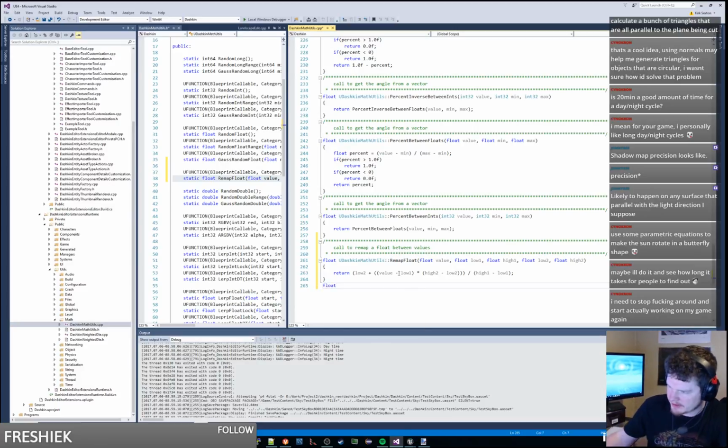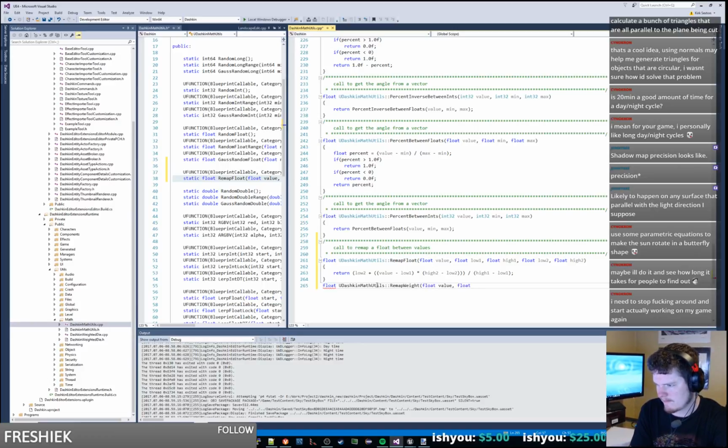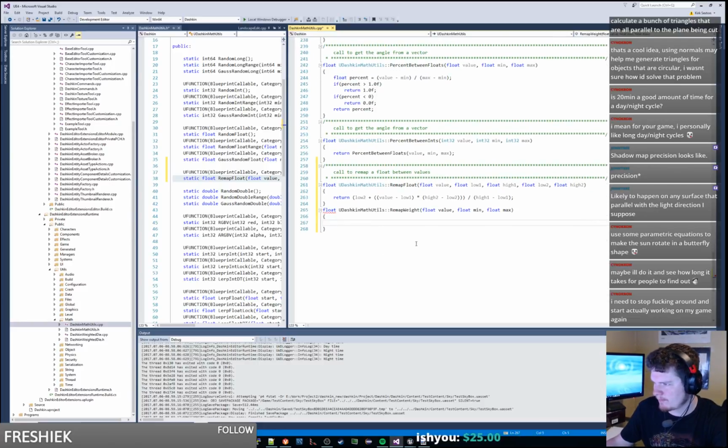So it would work kind of like this. Remap weight. So we'll have our value, we'll have our float min, float max. And it's basically like